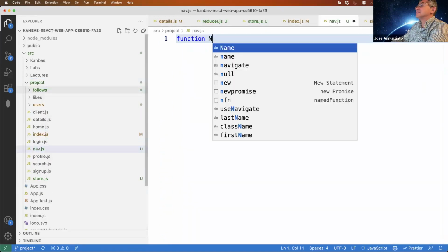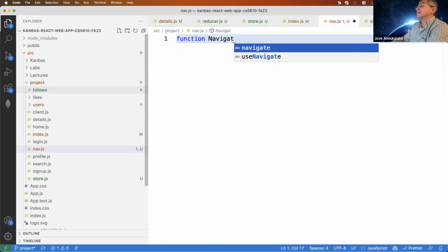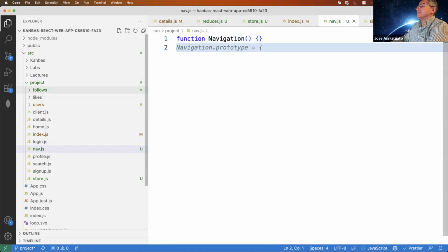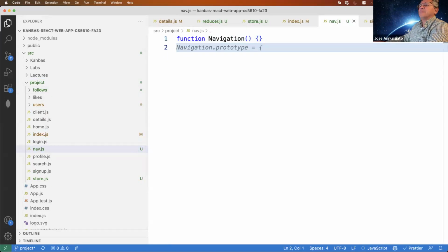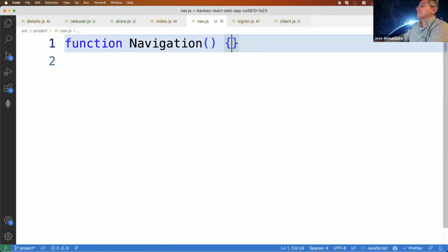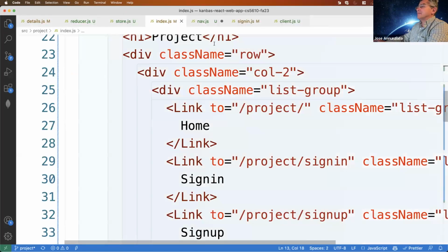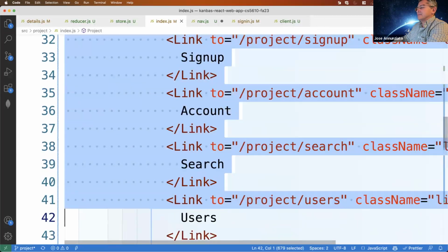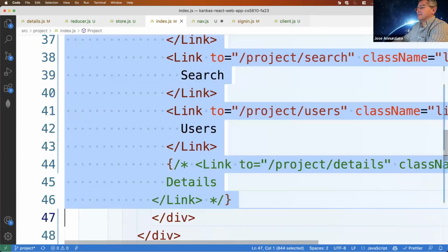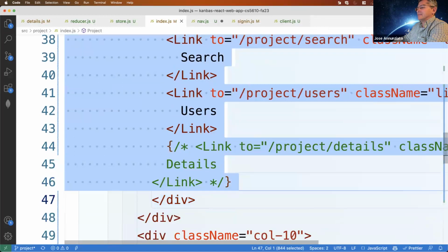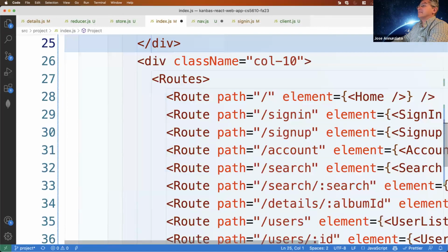So function navigation, right? And so this is going to be, I'm going to copy this from here. It's these links. So I'm just going to copy this. I think that's it. Cut it from here.